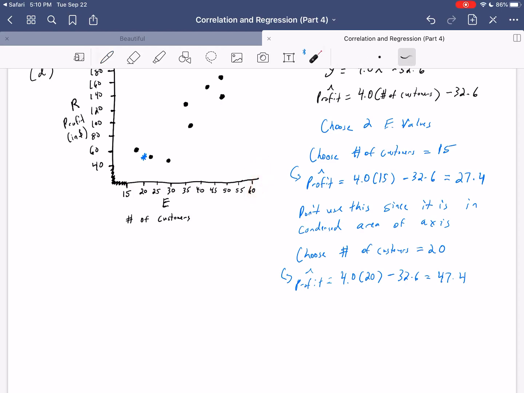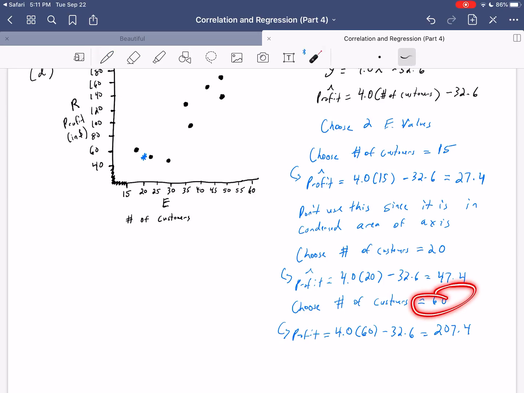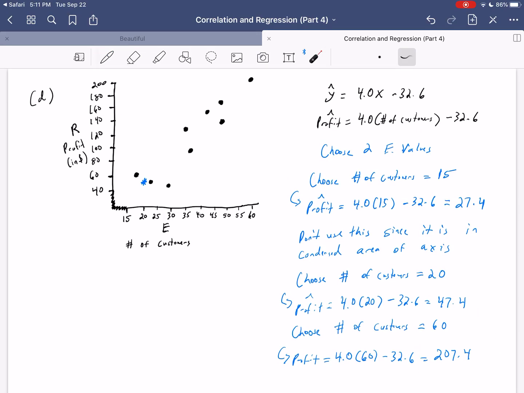We can go down and use the other end. So let's choose number of customers equal to, say, 60. So the profit should be 4.0 times 60 minus 32.6. If we do that, that should give us 207.4. So for 60 customers, we should have an output of 207.4. Again, that'll put us just a little bit beyond where our axis ended. And then if we actually connect that,